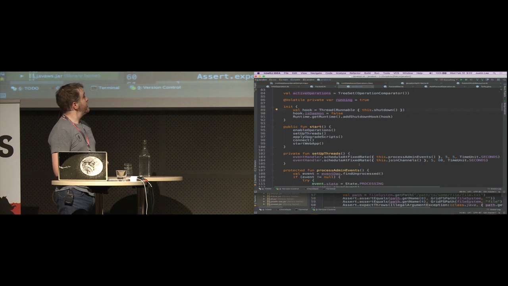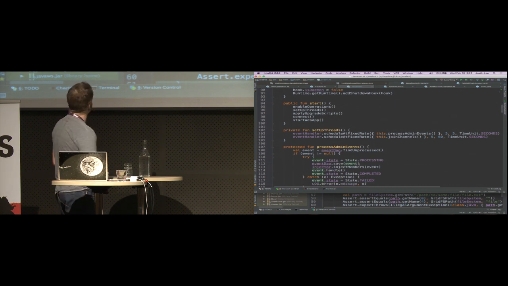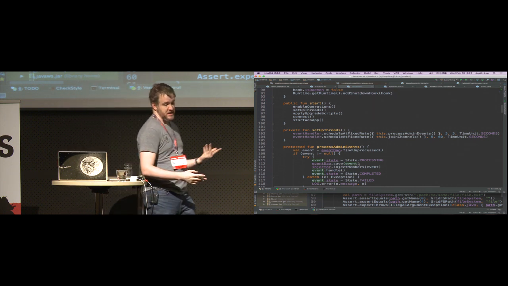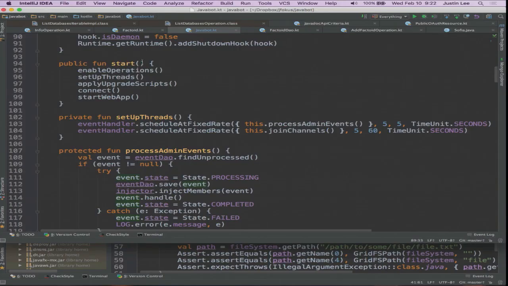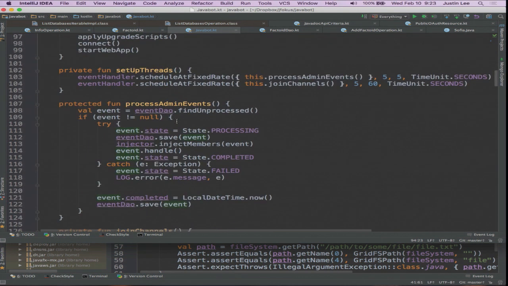So functions look fairly simple, fairly similar for Java people. It's called fun instead of function. And again, you can declare it public, private, kind of whatever. This returns nothing, but as you can see, I don't have void, I don't have anything else. There's just nothing at the end of it. If your function doesn't return anything, you don't tell it to do anything. But if it did return something, which we will look at,